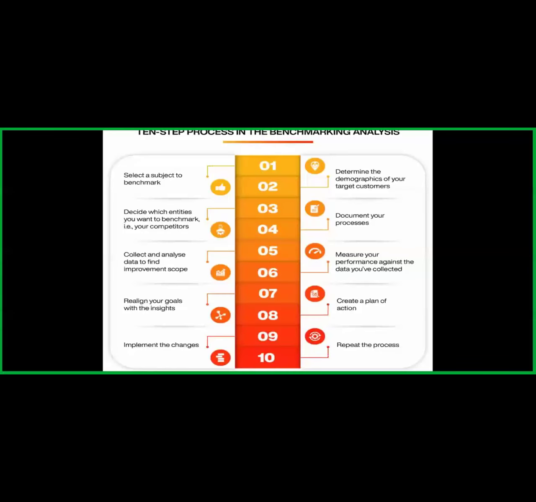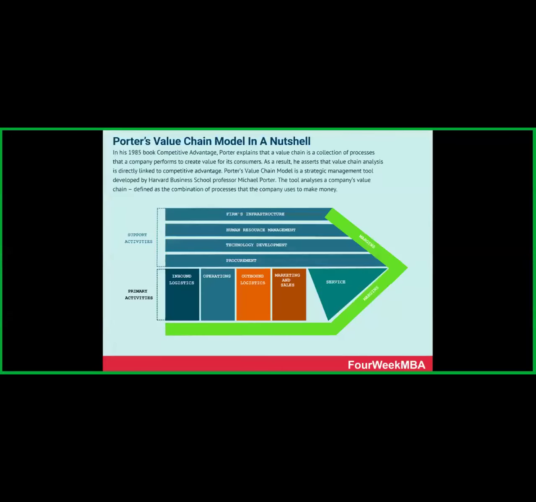Step process in benchmarking analysis. What is benchmarking? How is benchmarking analysis done? And what are the advantages of benchmarking analysis that we had discussed in the last session. So this we have already covered. Now we will move on to another